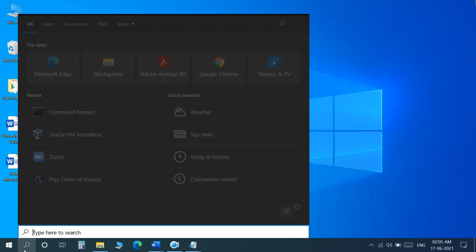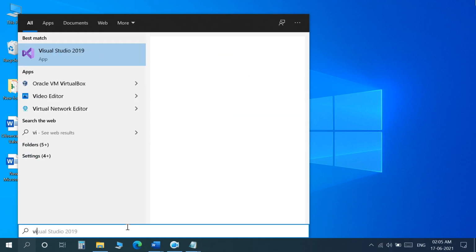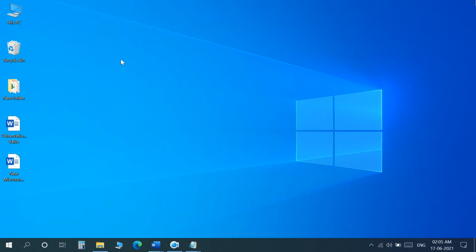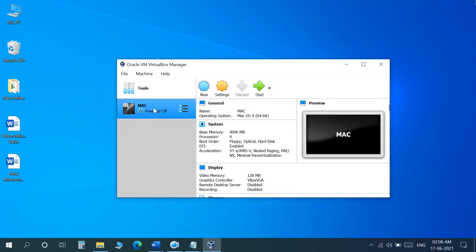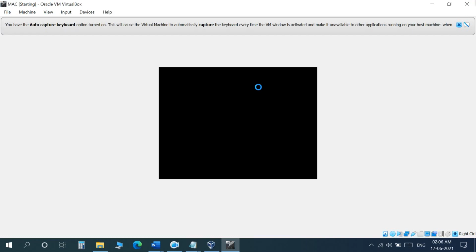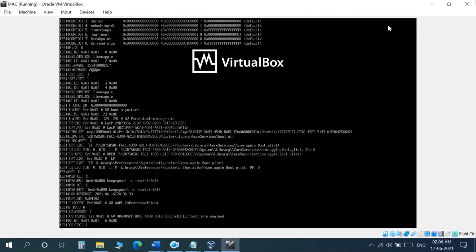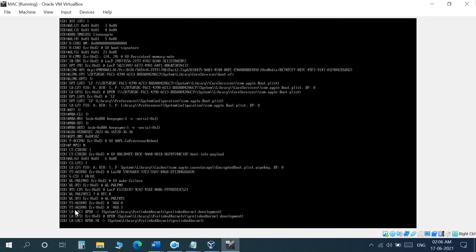And then we again go to search and then type in VirtualBox. Here we again select the virtual machine and then click on start. Here you can see that the screen resolution has increased.